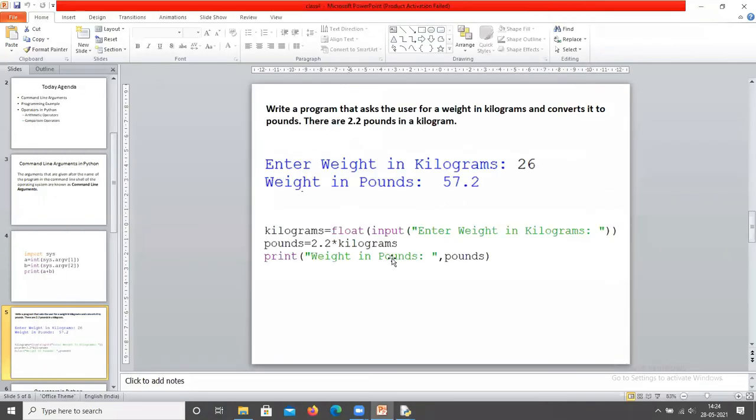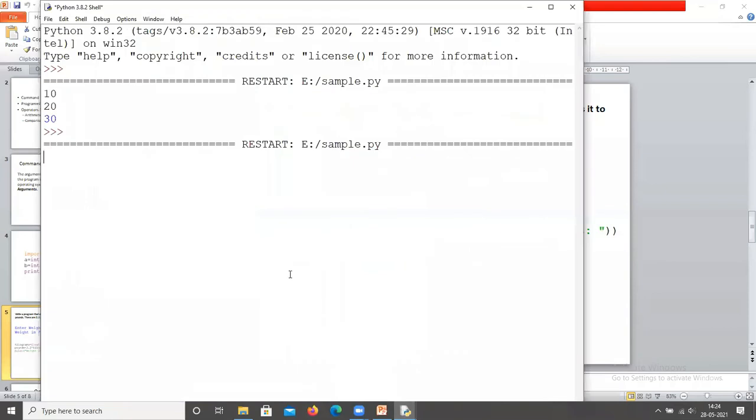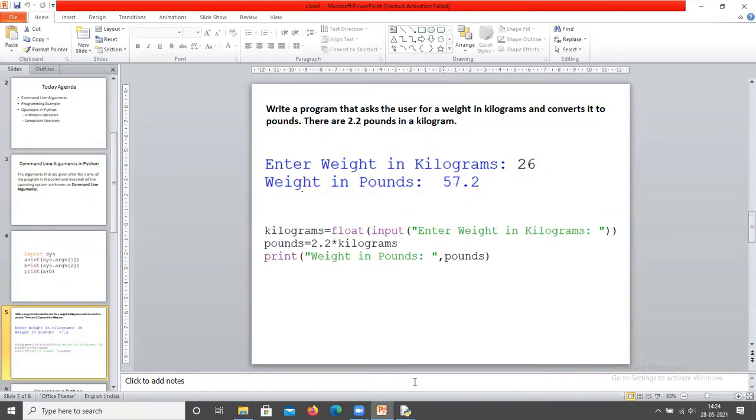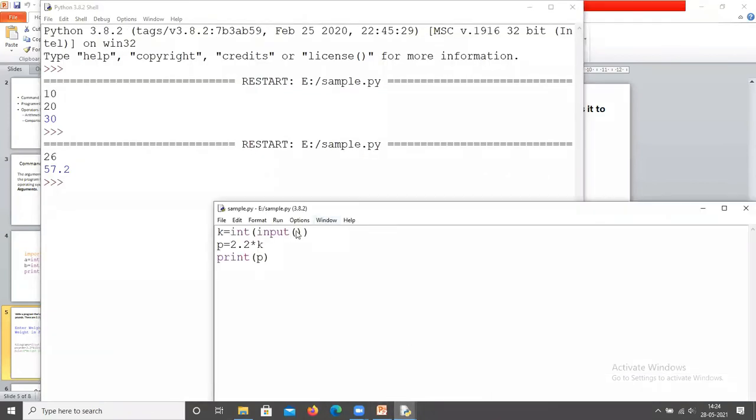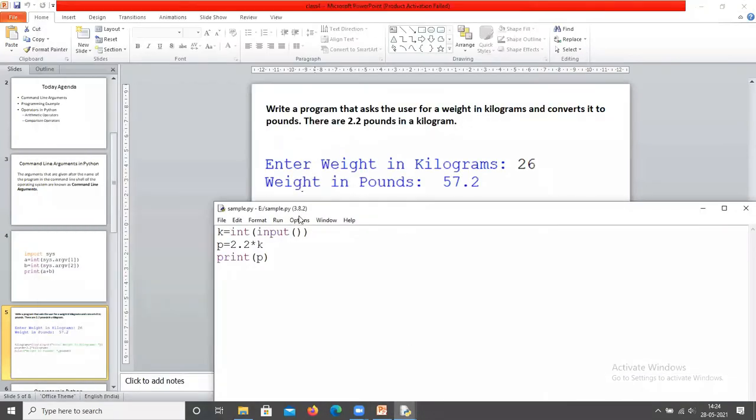For 26, I'm giving 26 as input, and we get 57.2, the correct answer. Now we are going to write the messages in the input and print statements. What is the message in this input? Enter weight in kilograms.